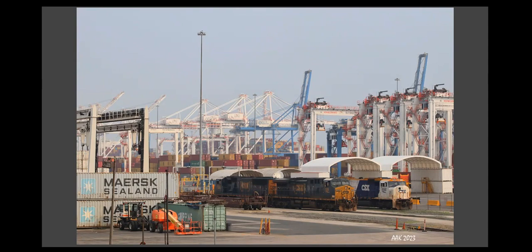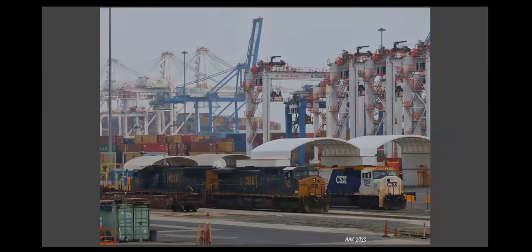Yeah, this is my first time ever going down to Seagirt, and I'm sure glad I did. Definitely offers some neat shots for all the marine cranes and other apparatuses down there. So I was really glad I went. So just a telephoto shot of the 4568 as he gets ready to couple onto